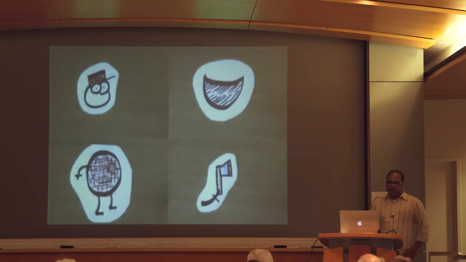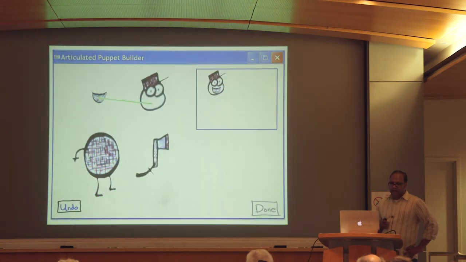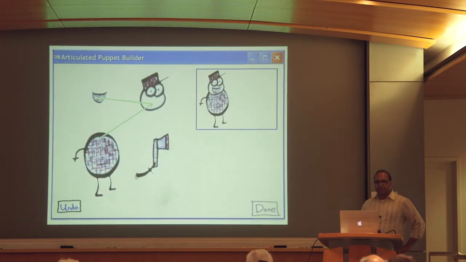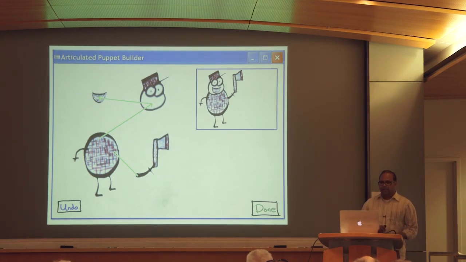So here again, we start with a picture of each puppet part, and then mat the parts out. And then we require the user to do a little bit more work with an interface that we built to specify how the parts are connected. Okay? So we're losing a little bit of that walk up and use ease of use, but we're gaining the ability to do articulated characters. And there's a kind of trade-off there that I think we're still exploring.